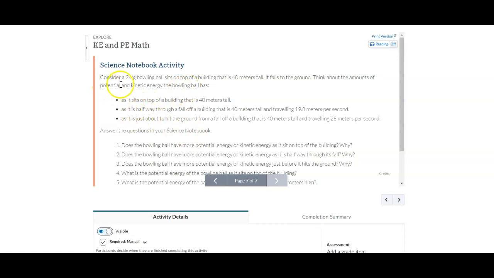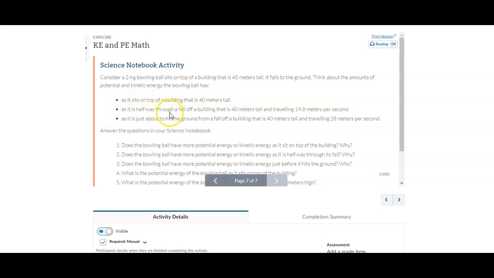And consider a 2 kilogram bowling ball as it sits on top of a building that is 40 meters tall. So we're given already a mass, so M equals 2 kilograms. Our height is 40 meters. And think about the amounts of potential and kinetic energy the ball has, one as it sits on top of the building,